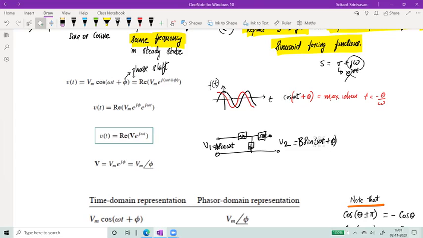Therefore, what I can say is, I can write that the input voltage V1 is written as some magnitude, and what is the phase over here? It is sine omega t plus 0, right? So it is some magnitude and the phase is 0 degrees. V2 is what? Some magnitude B times what is the phase? Some phi. I'm not going to write the omega t term explicitly because omega remains the same throughout the circuit.